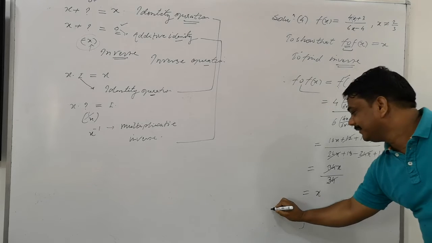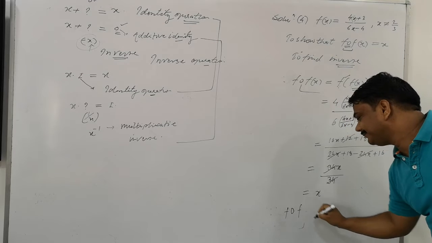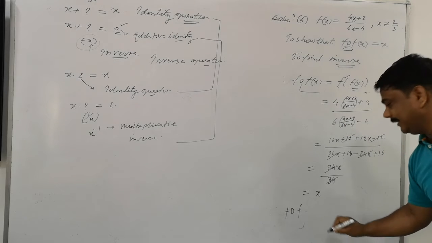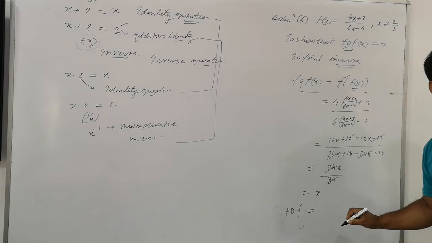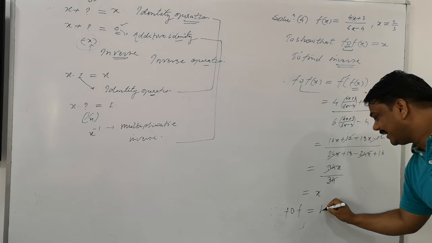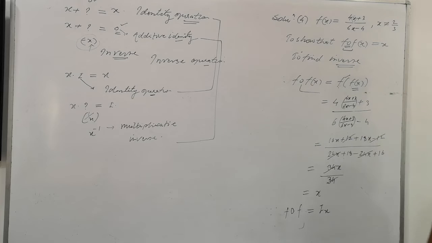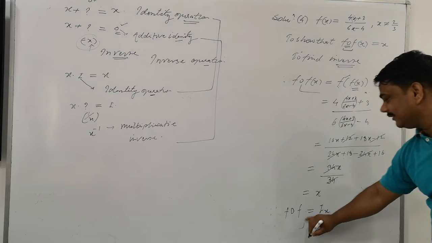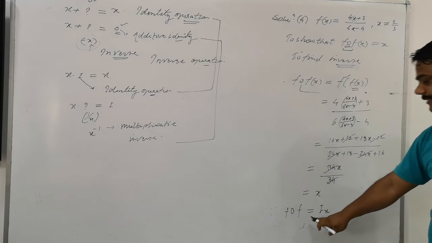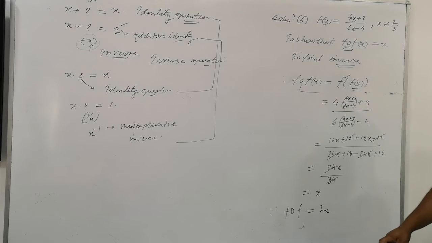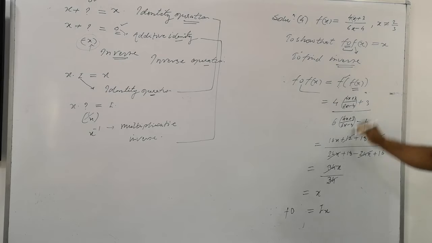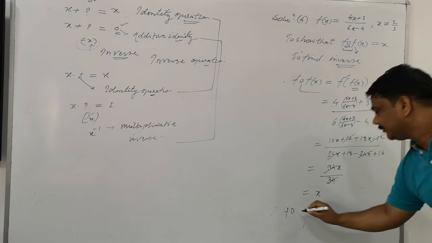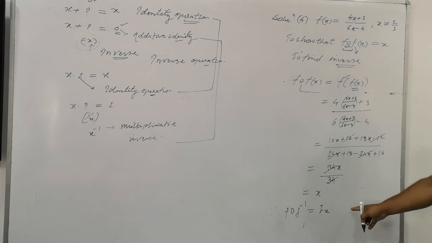So you will write here, since f of f is equal to, what is coming here? Identity, I for identity. Is that clear? Therefore, the second function is called the inverse of that. The second function is said to be the f operation, so here it is to be the inverse, ix.